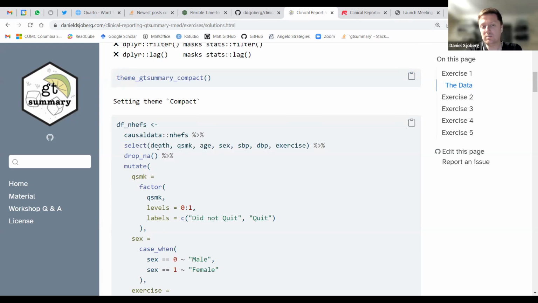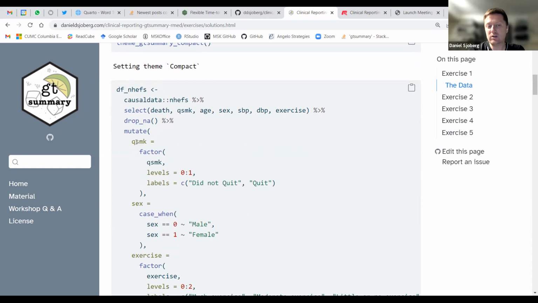Our primary outcome is going to be death, a binary endpoint. To keep things easy, we're just going to drop all missing values. I know that's not normal, but it's easy. Our exposure is quit smoking: did the participant quit smoking, yes or no?